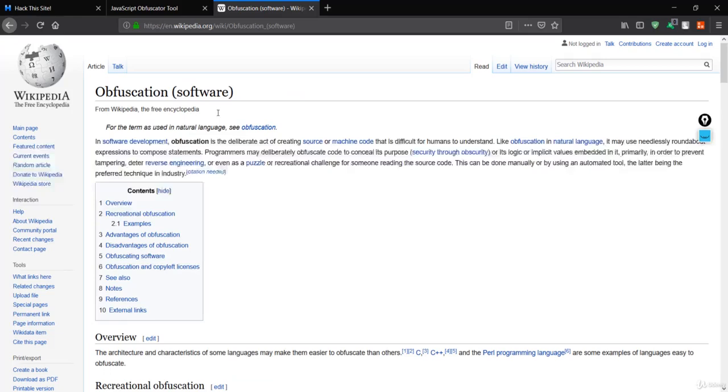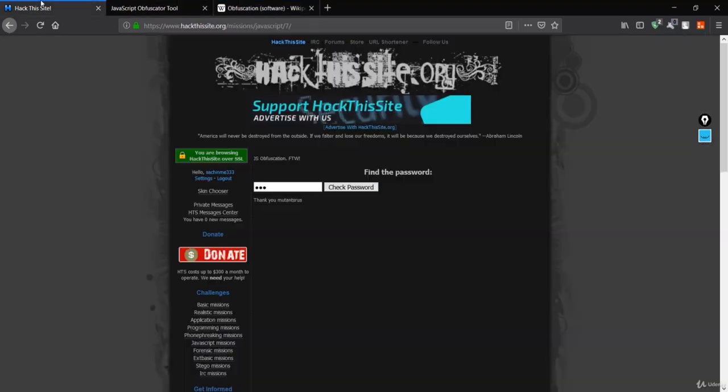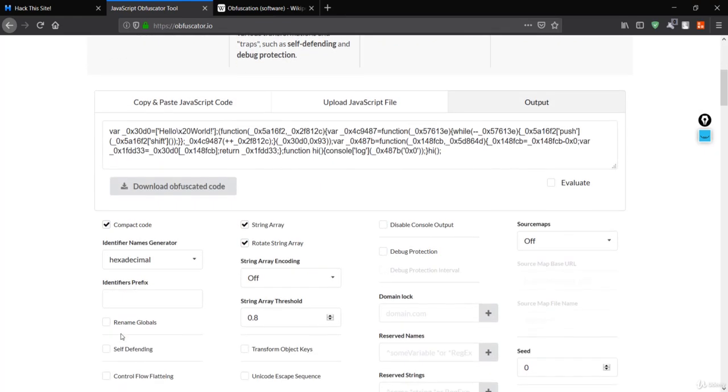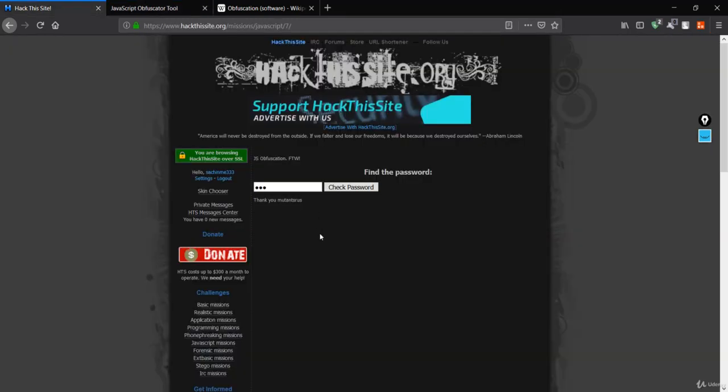That means you are transforming your code so that it is difficult for humans to understand. So we can expect the simple function to be wrapped in something like this, which was our output. We would expect that they will obfuscate their code to something like this. They will wrap the variables, wrap the functions, and the DOM methods will be made like this, so that it won't be easy for us to crack what they are doing.